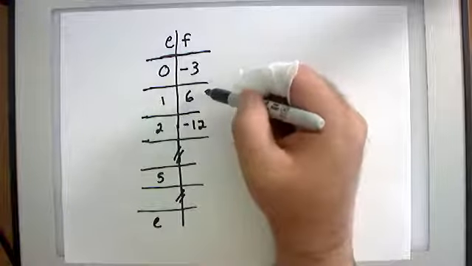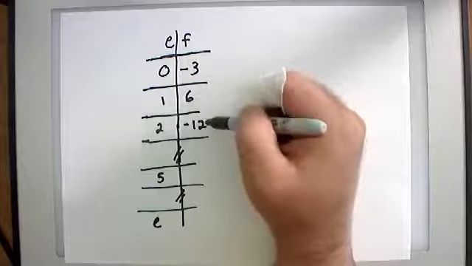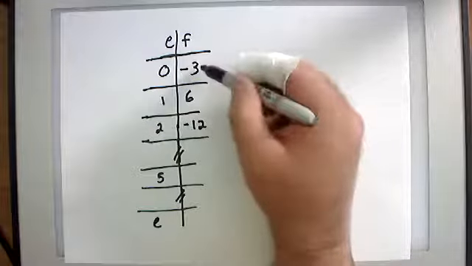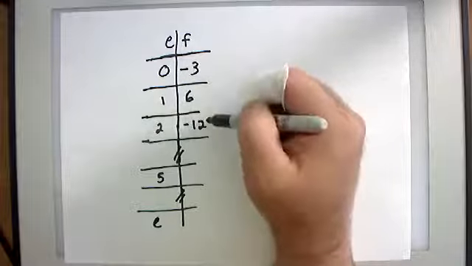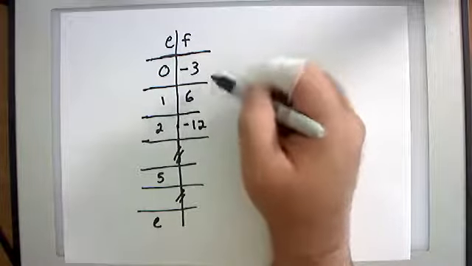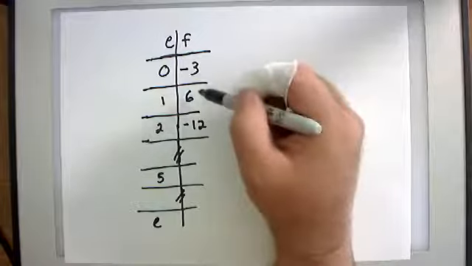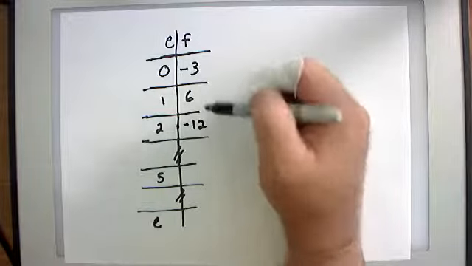How do you go from negative to positive? Well, you could have added a bunch of numbers and brought it up, but then how did you go back down? Here we're going up to 6 and then back down to -12. You don't get up and down from adding. If you add, it only gets bigger. If you subtract, it only gets smaller. The fact that we're bouncing around from negative to positive to negative tells me it has to be division